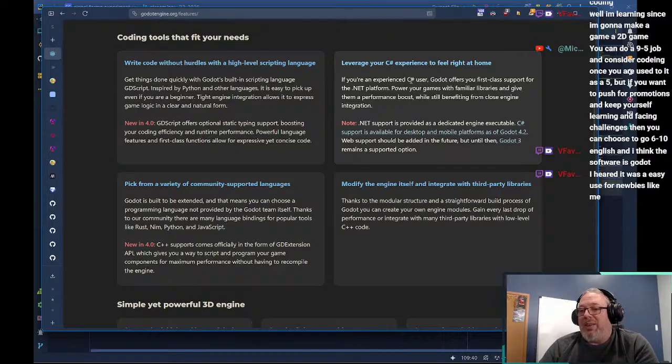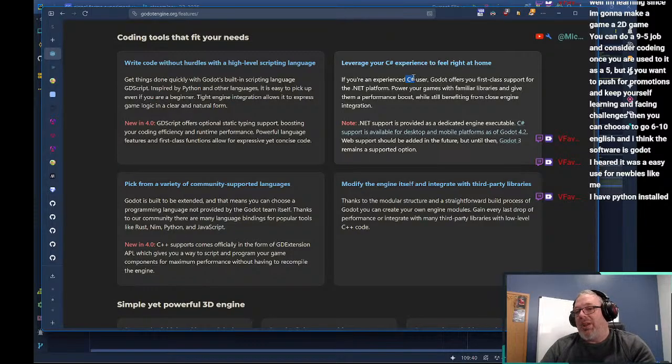But yeah, the languages you're going to be picking are C Sharp, or my recommendation is, if you're going to learn Godot, C Sharp or JavaScript is probably your best choice.